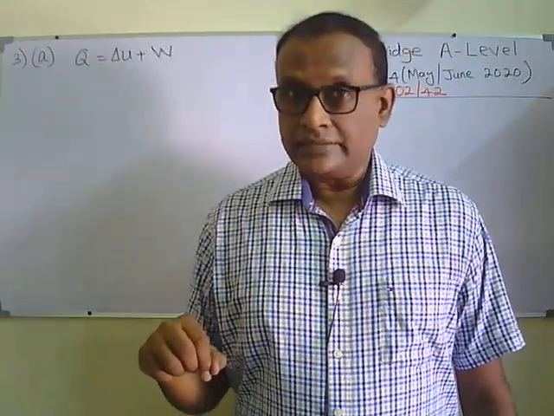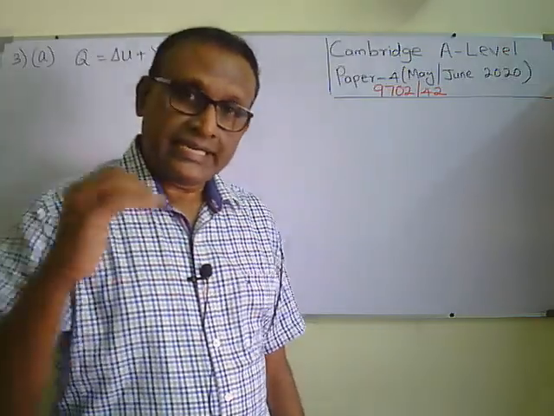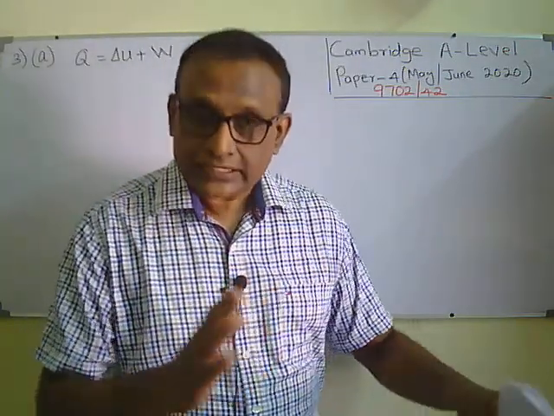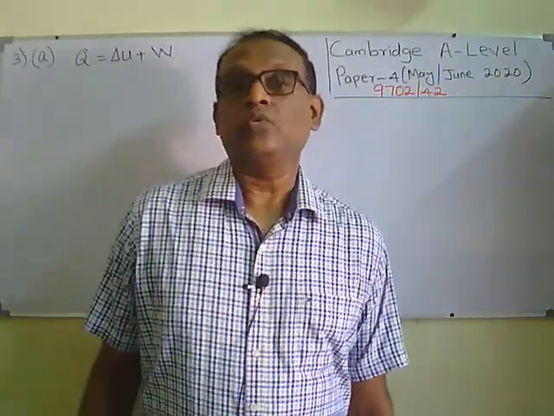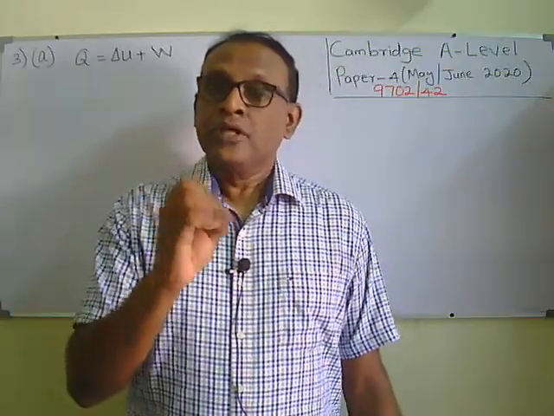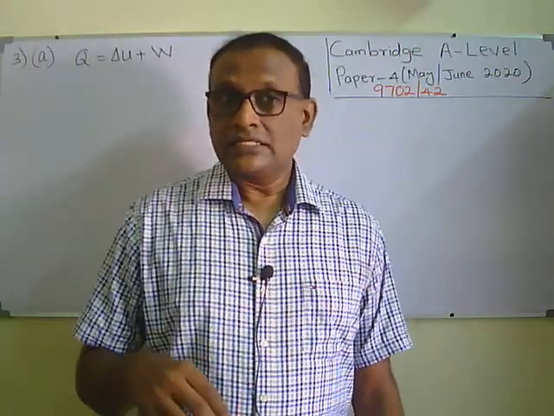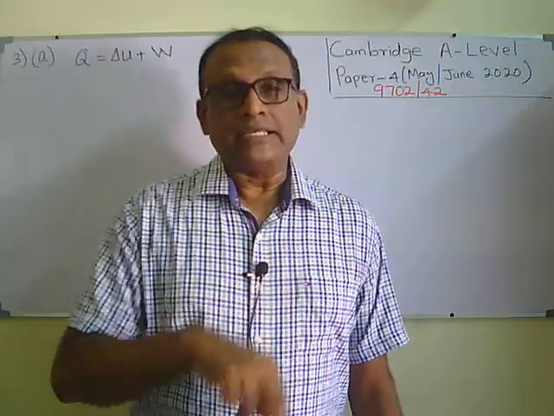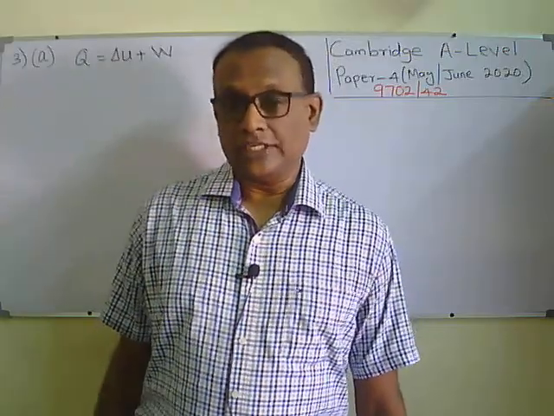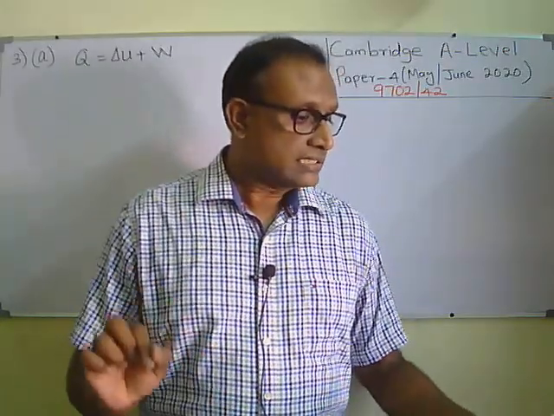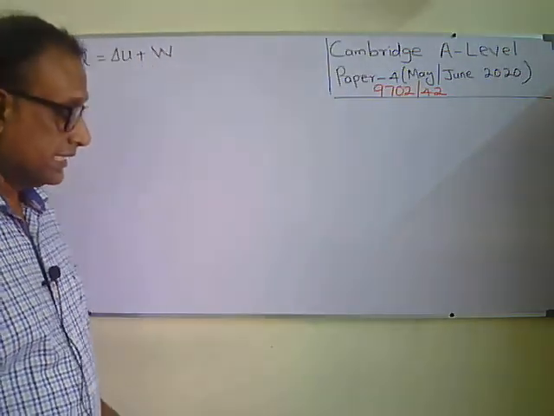The temperature is remaining constant, they are saying. Temperature remaining constant means the kinetic energy is not changing. So that means all the heat we supplied is used to break the bonds. Whenever bonds are broken, the potential energy will increase. When you apply heat and the intermolecular force is broken, the internal energy will increase. What type of energy will increase? That will be the increase in potential energy. The temperature increases when the kinetic energy of the molecules increases. Here, it's latent heat, happening at constant temperature. So no change in kinetic energy, only the potential energy is increasing.